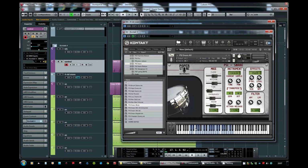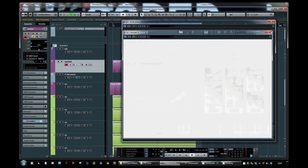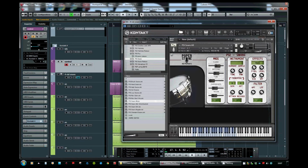So let's look a bit more at this patch. This is the PSI Snare All patch where all of the snares have been mapped. The other NKIs are just reduced versions of this, apart from the stretched version here, which is a bit more of a chromatic instrument. But this main setting here, if I just open a version of it